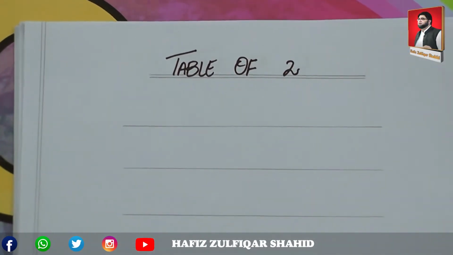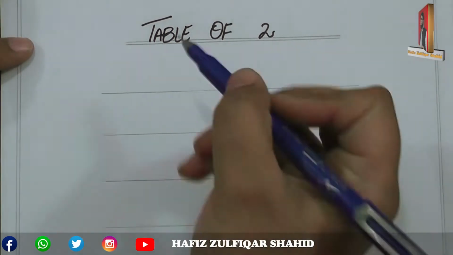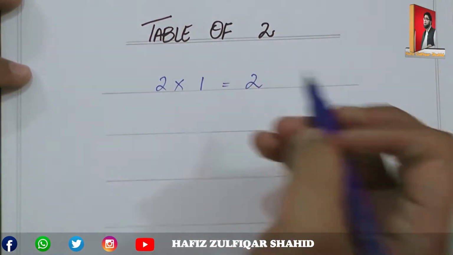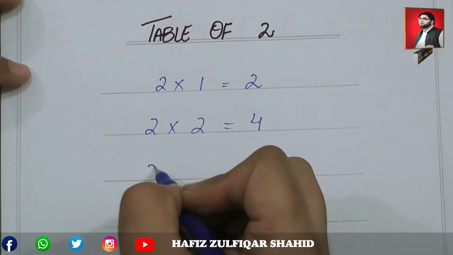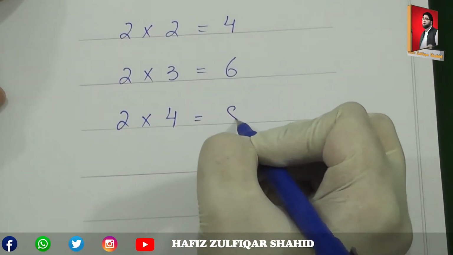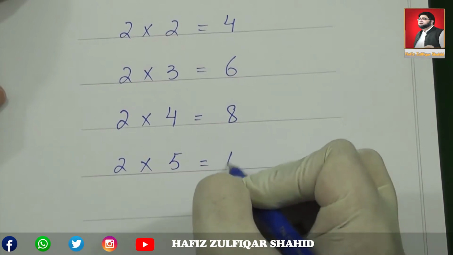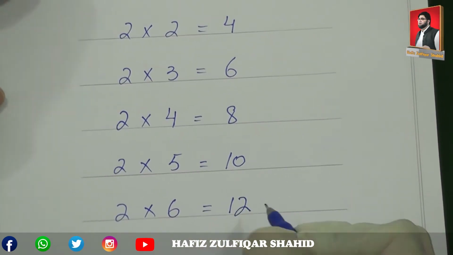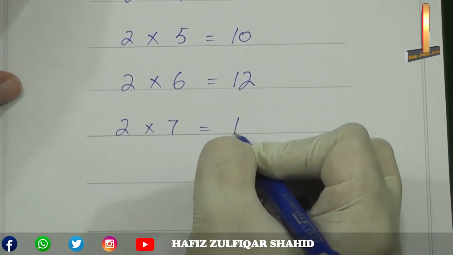Table of 2. तो सबसे पहले हम लिखेंगे टेबल ऑफ 2. चलिए लिखते हैं. 2 ones are 2, 2 twos are 4, 2 threes are 6, 2 fours are 8, 2 fives are 10, 2 six are 12, 2 sevens are 14,